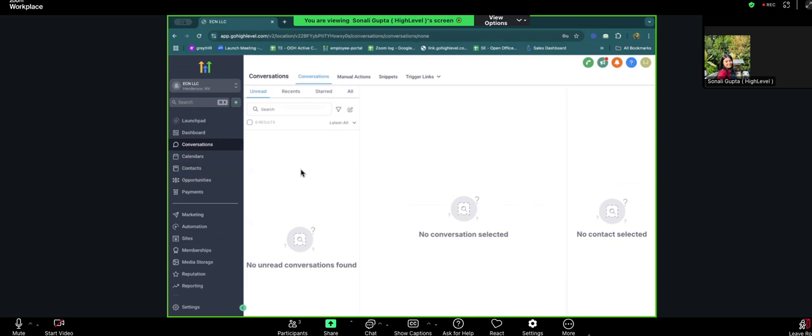And of course, once you start having some contacts and conversations over here, you will see all of the other basic tools, which are for activities, tasks and appointments, for sending your booking links directly, and for sending your payment links directly from here. So, any specific questions on this tool?